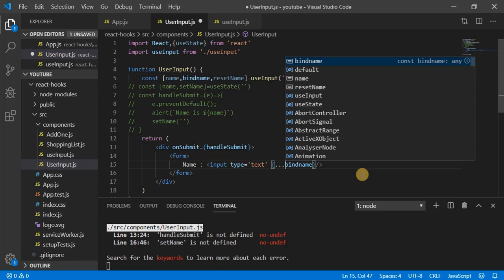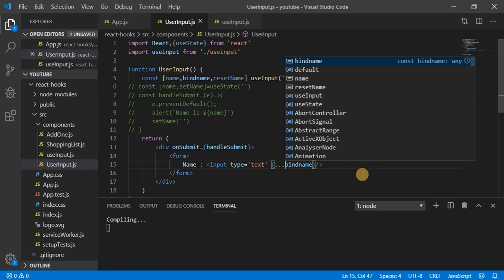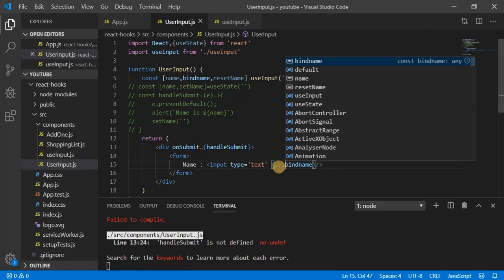Next, it will be something like that, that means value and onChange, both properties will be here. Now handle, okay, I am getting an error here, so let's uncomment this line.